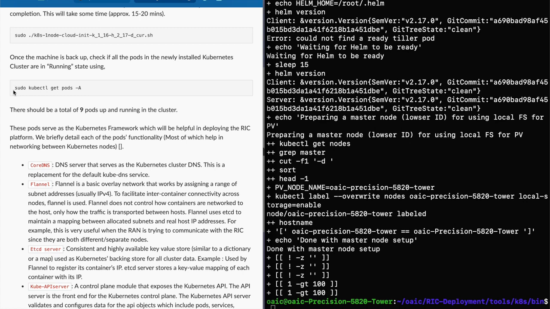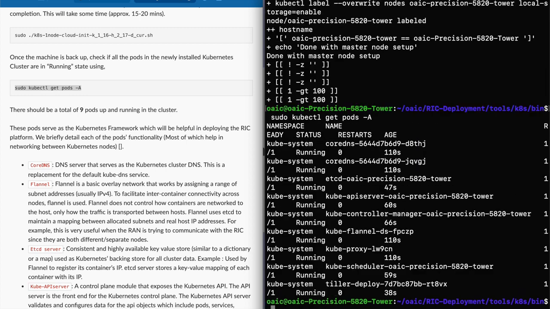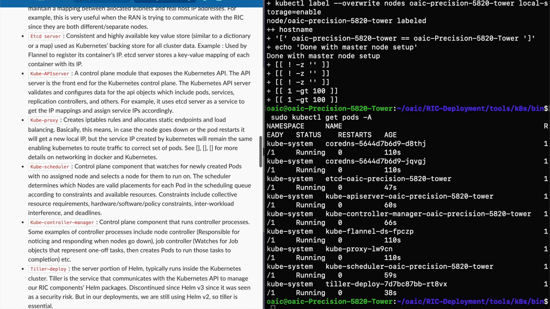So we have to check if all the pods are newly installed, and they have to be in the running state. So we're going to use this command to get all the pods, and there should be a total of 9 pods running to make sure we're on the right track. So as we can see, we have all 9 pods running, which is good. So next we're gonna